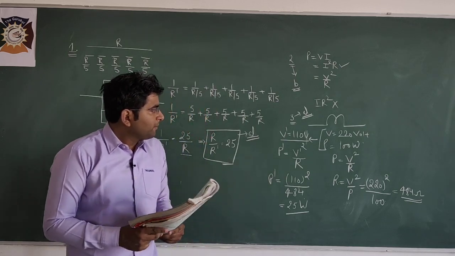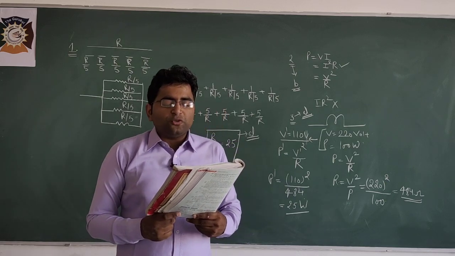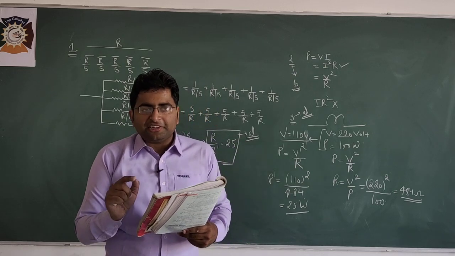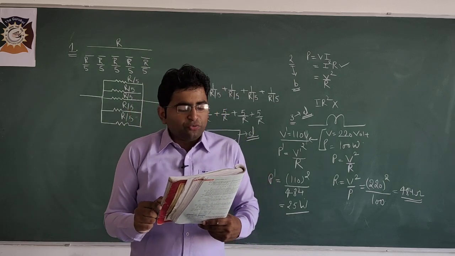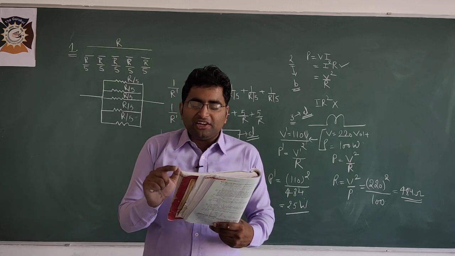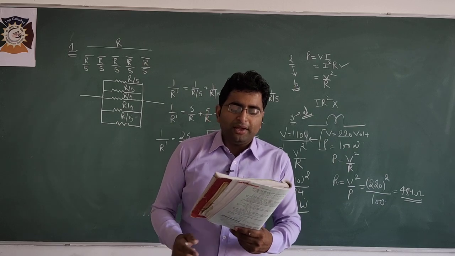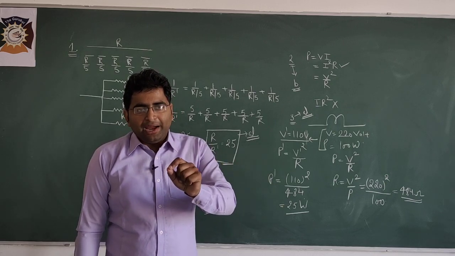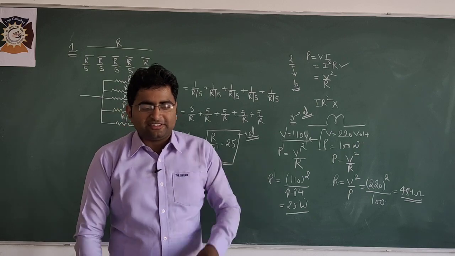Okay students, now question number 4. Two conducting wires of same material and of equal length. Same material means resistivity is same, equal length and equal diameters are first connected in series then in parallel across the same potential difference. The ratio of heat produced in series and parallel combination would be. You have two wires, firstly you have connected in series then in parallel, and you have to tell the ratio of heat produced in both circuits.